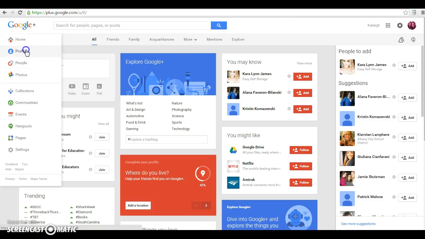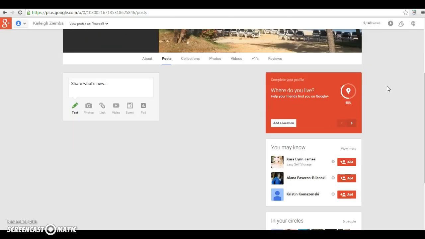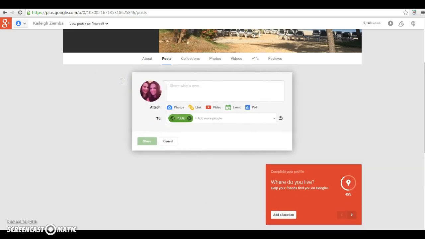If you go to my profile here, you can see you have a picture. People can view your profile, and that has been viewed 2,148 times. And you can also create a cover page, which I put of my own personal picture of a trip to Jamaica that I had. Here it will place all of your statuses, so I can write one here.